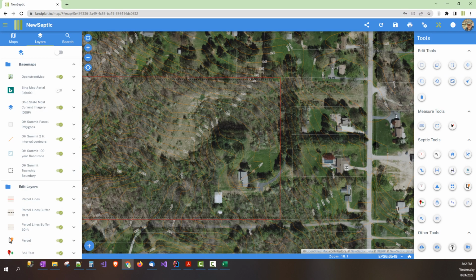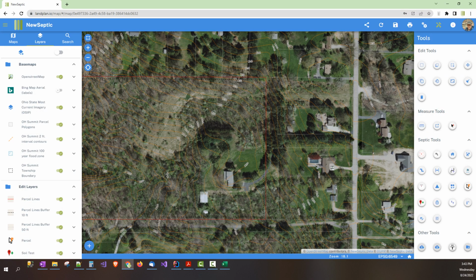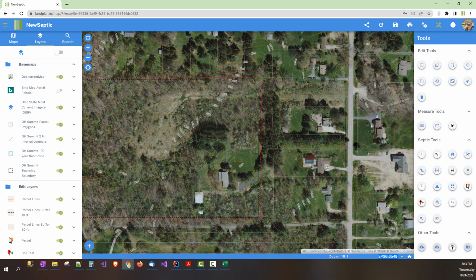And the difference in those is that the NAD 83 is the accepted coordinate system for US survey operations, and basically it takes the map of a globe and it flattens it out to a local space. So there are different coordinate systems, and what NewSeptic does is we select the proper coordinate system when you start a project. So we have the coordinate system down here in the bottom right, and it's a NAD 83